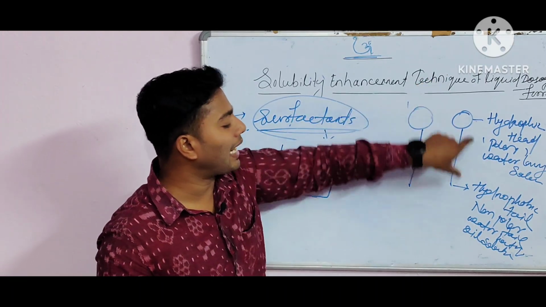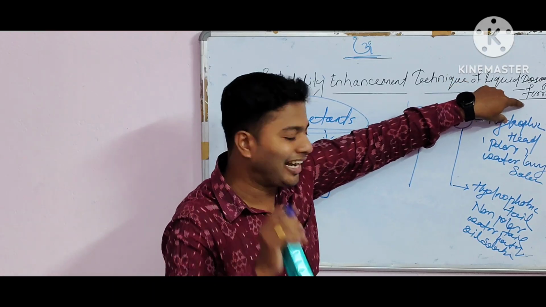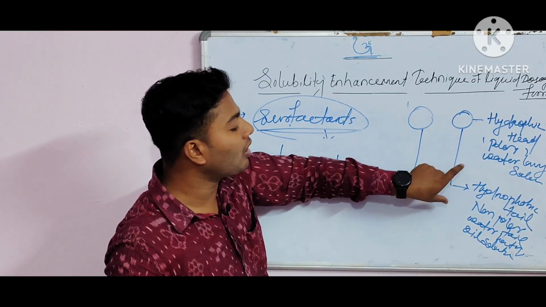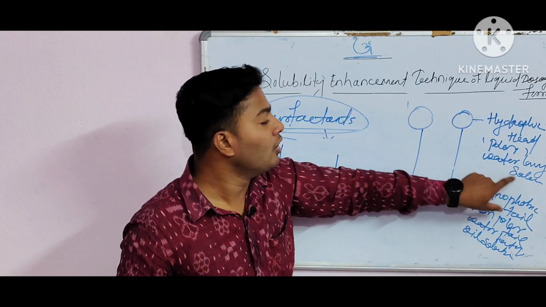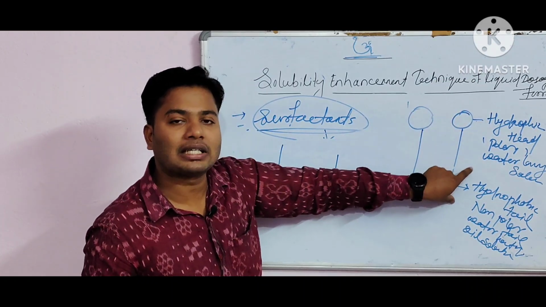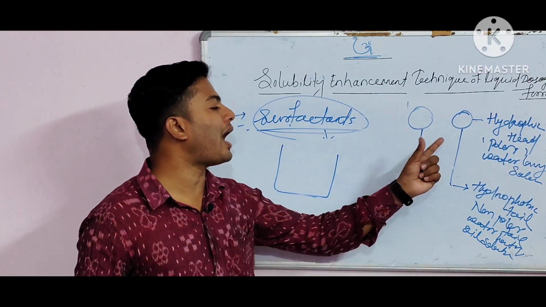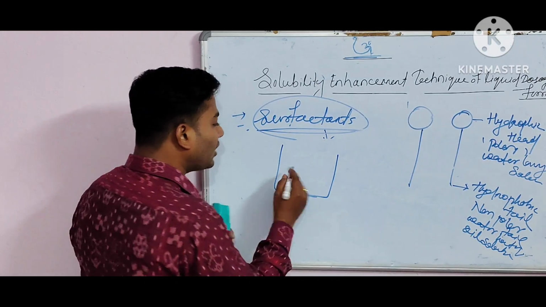One is the head part, another is the tail part. The head part has hydrophilic nature and the tail part has hydrophobic nature. Okay, so the head part is the water soluble part, the tail part is the water hating part, that means oil soluble part. Clear? So when we have to add the surfactant inside the medium,